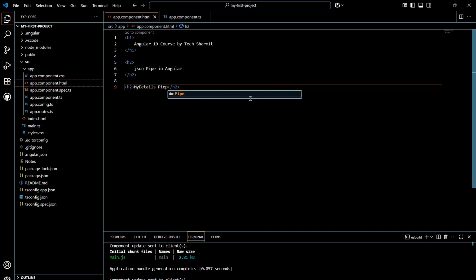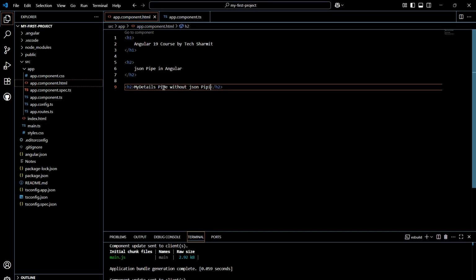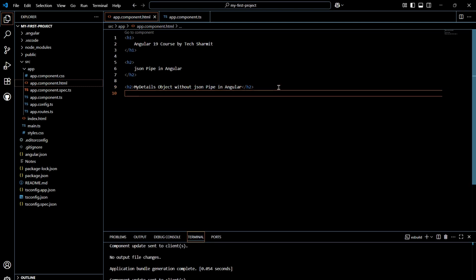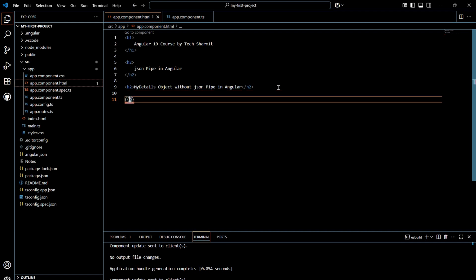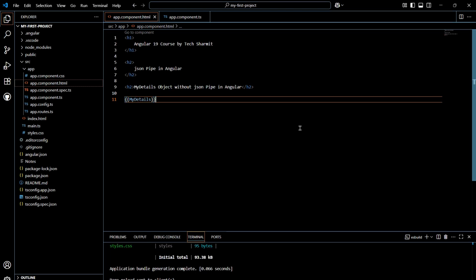my details object without JSON pipe in Angular. Okay, so this is the thing. Now if you try to print or populate this my details object without the JSON pipe, it will come like this. Let me show you. You can just simply write here my details and save it, and after the refresh